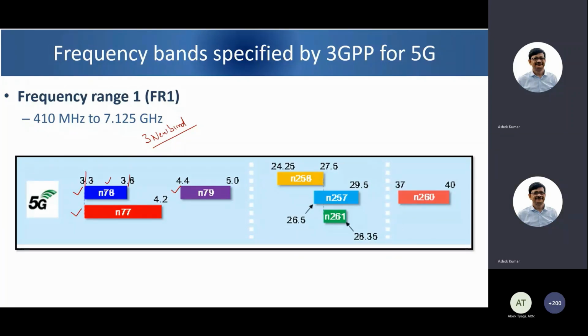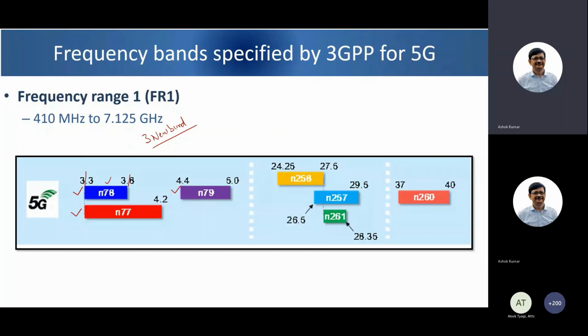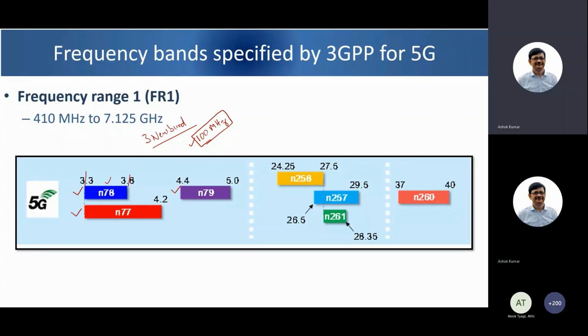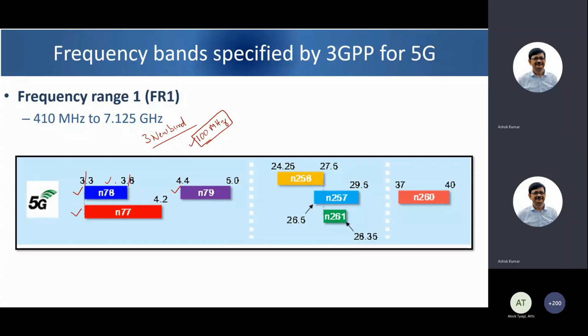Okay, so I got one good answer. Somebody is saying 400 megahertz. So the answer is 100 megahertz. The answer is that 100 megahertz of channel bandwidth is acquired by Airtel as well as Jio from the N78 band in all the LSAs. We have 22 LSAs in our country. Normally, an LSA is co-terminus with the state, but smaller states are combined and made one LSA. So in every LSA or service area, operators have acquired 100 megahertz from the N78 band, and that they have actually